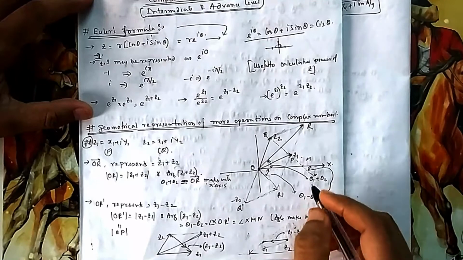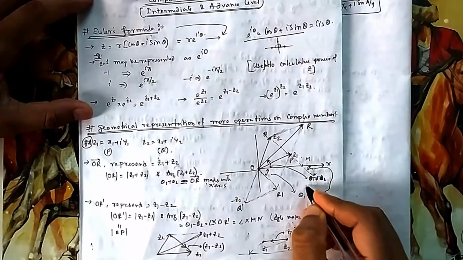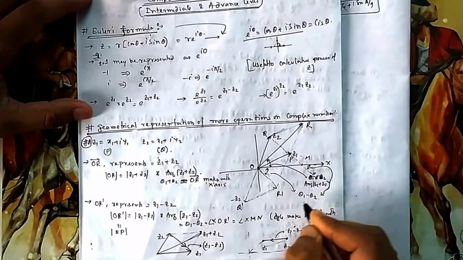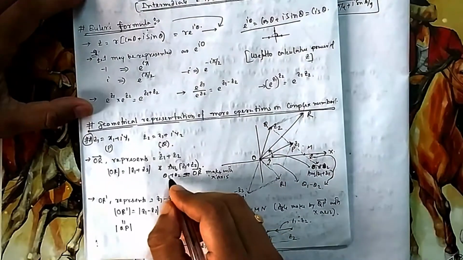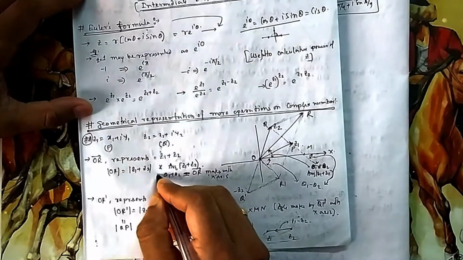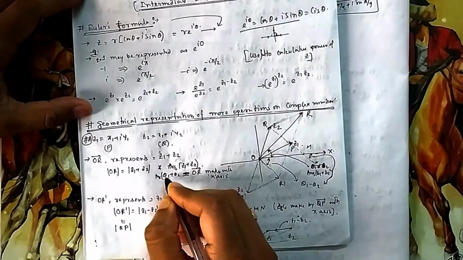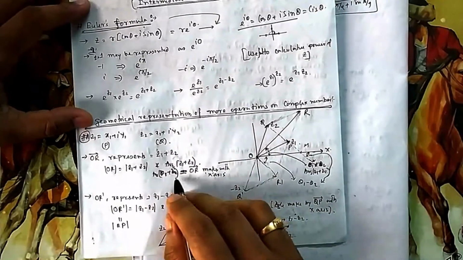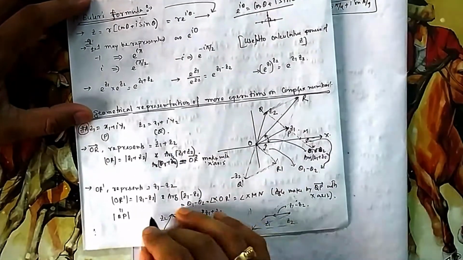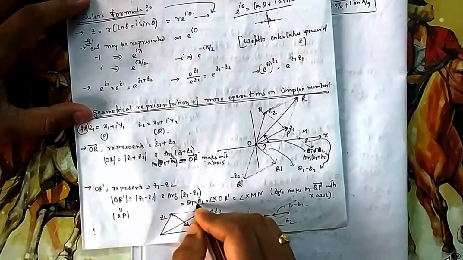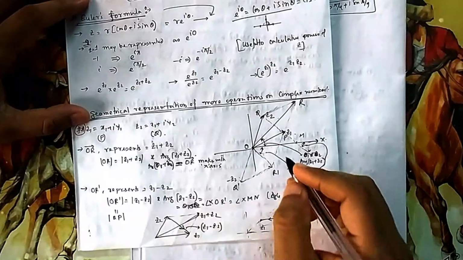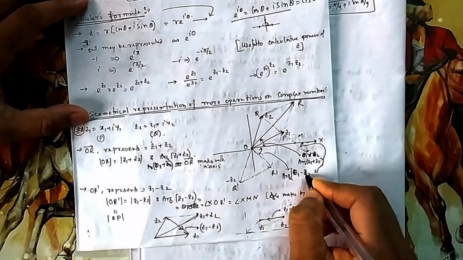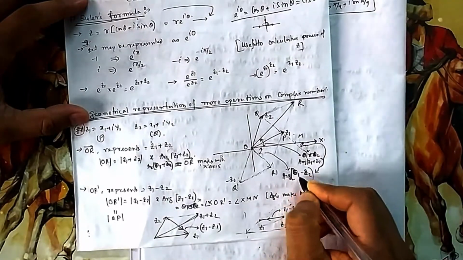This is not theta 1 minus theta 2. This is actually the argument of z1 plus z2, and this is not exactly theta 1 plus theta 2. If you take the product, then it is added. So kindly do this modification. This is the argument of z1 minus z2. This one. This is the argument of z1 minus z2. Kindly do this modification in your notes also.